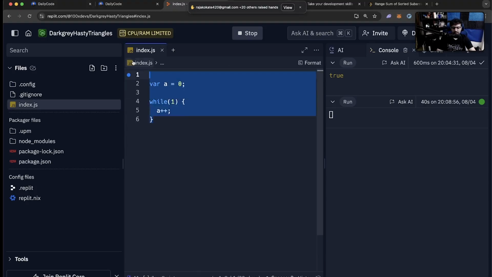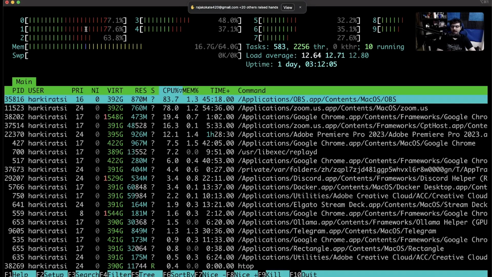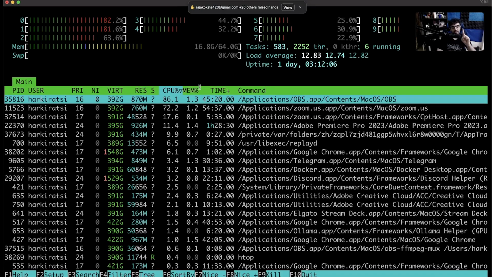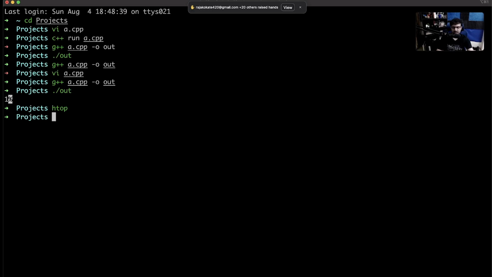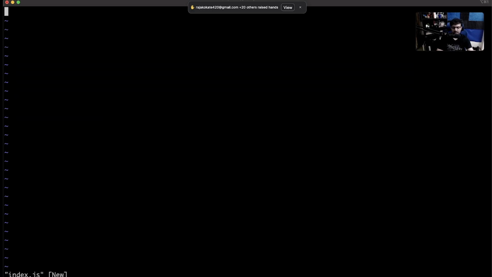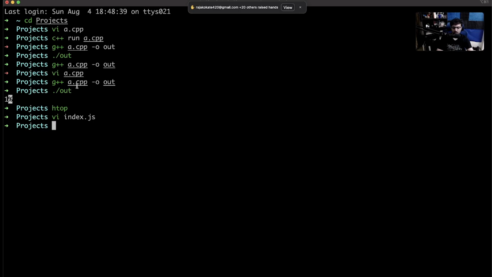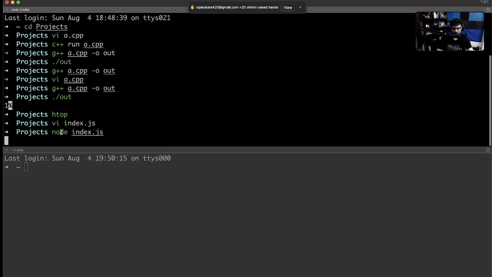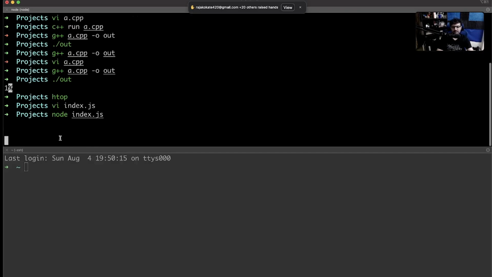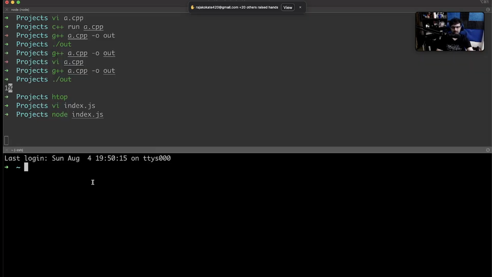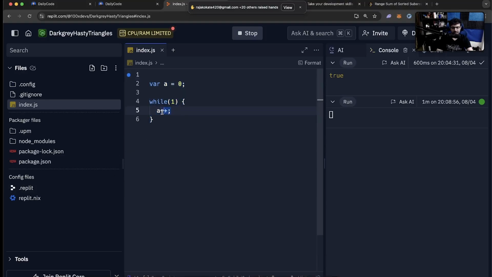But when I'm running this JavaScript code, everything will not be at 100%. Only one of them will be at 100%. If I quickly run this JavaScript code locally, let me put it in an index.js file and run it. I am running this index.js file infinitely over here. It is running an expensive operation, which does nothing right now, just goes over a variable and increases its value. That is what this a++ does. If you don't understand the syntax, it is fine.